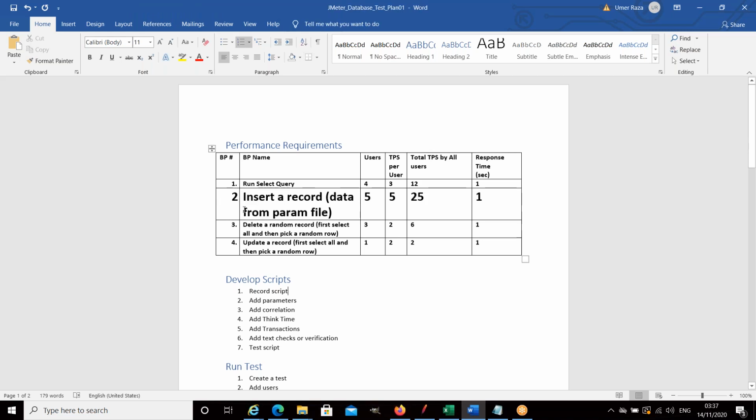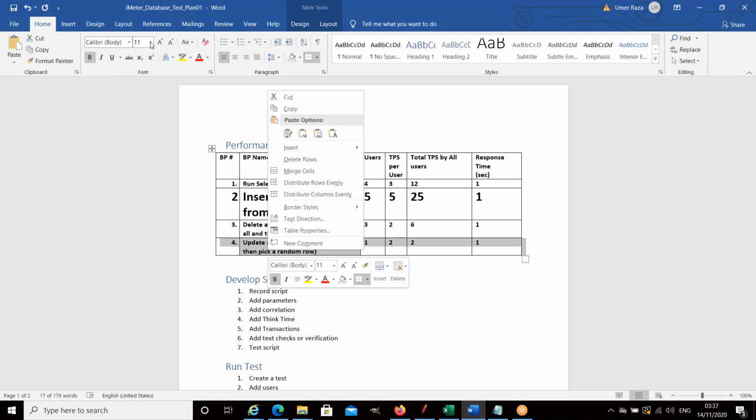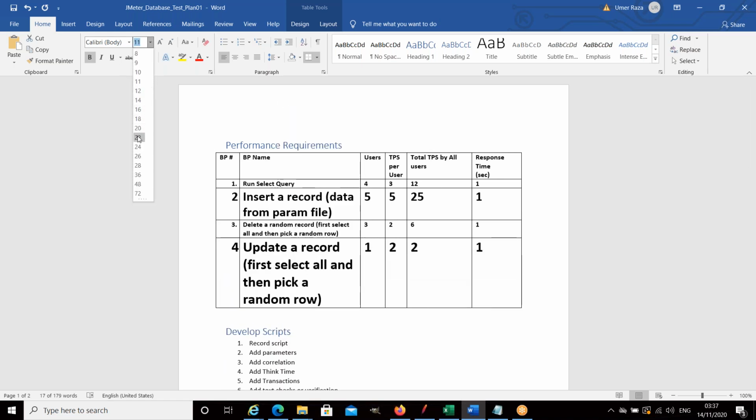For example, this one, insert a record. You can take from the parameter, or you will be able to update something. So first of all, select record, and then pick up a random row, and then basically update. Just an example, for me to learn the database, how to do that. So that's the key. Basically, record it,